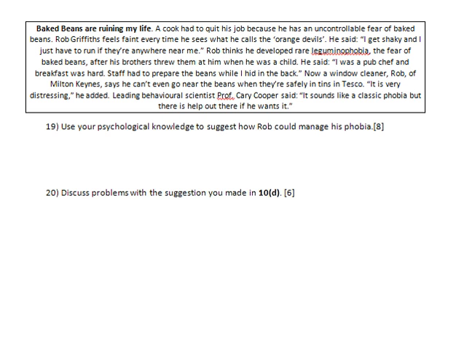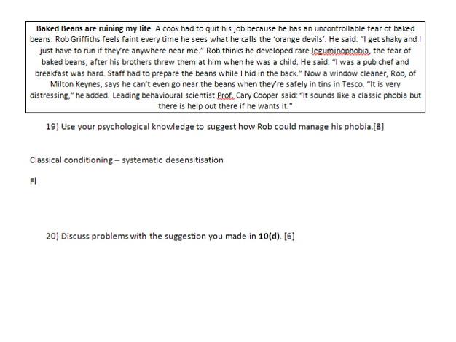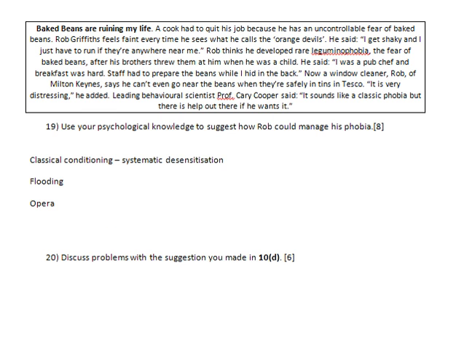So, question 19 and 20 are all about Rob and his baked beans. And it says, use your psychological knowledge to suggest how Rob can manage his phobia. There's various techniques that you could use. So, you could use classical conditioning, such as systematic desensitization, or you could use flooding because that's based on the principles of classical conditioning as well, or you could use operant conditioning, which is